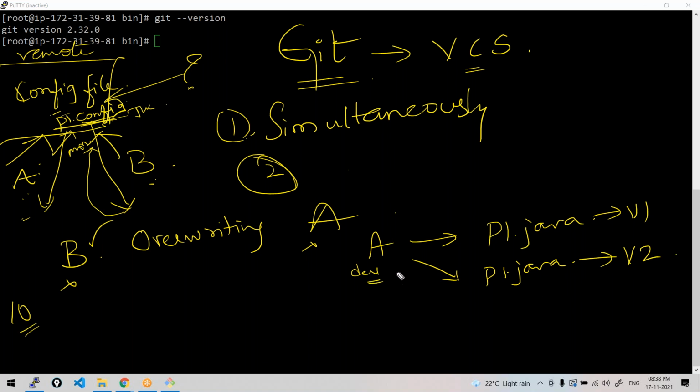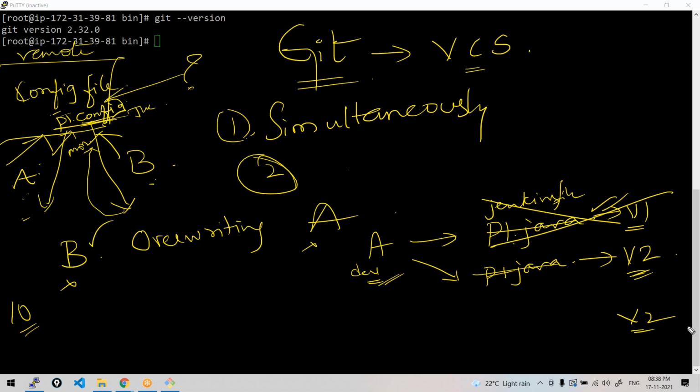It may be a developer, or in our case it might be some Jenkins file, or some Docker file, whatever, as a DevOps person. Here our interest is not what the file is about. The concept is, he wants to upgrade it. In this process of upgradation, let's suppose he deleted version 1, or just modified it and made V2. Means there is no more V1, only V2 is available.